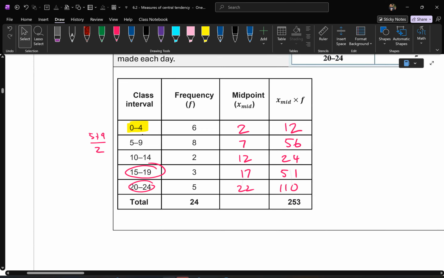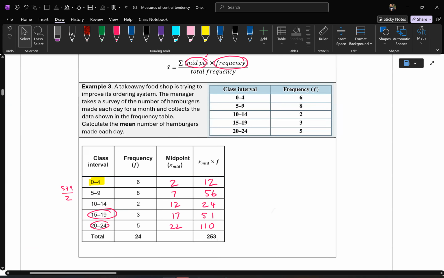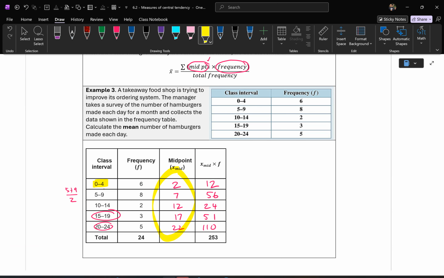Very good. So, now how do you find the average? So let's say you do all this table. The average is you add all these numbers together. Don't add this. Don't do this. Don't add that. This is the midpoint. You're adding this. This is what you're adding together. So it says add the midpoint times frequency. So add all these together. Here we go. Average is equal to 12 plus 56 plus 24 plus 51 plus 110 divided by, and not